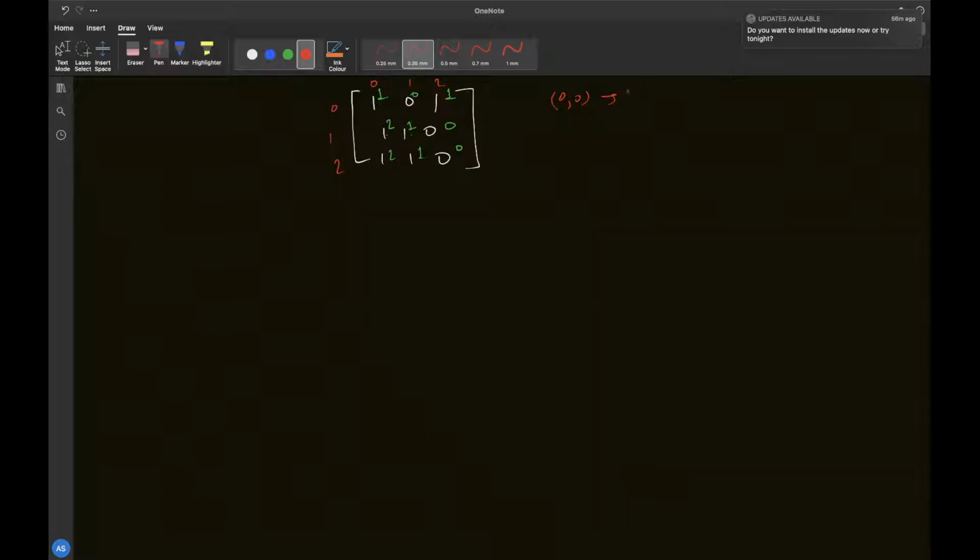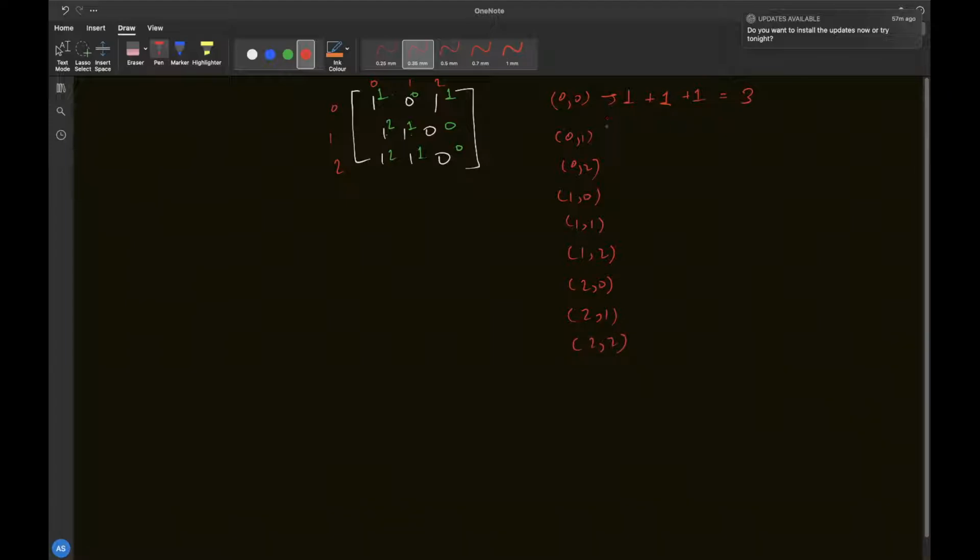Then we increase height, and from the third also it will be the minimum, the current running minimum, so this will be 1, so this will be 3, so we'll have 3 here. Now similarly we'll calculate for 0 comma 1, 0 comma 2, 1 comma 0, 1 comma 1, 1 comma 2, 2 comma 0, 2 comma 1, 2 comma 2, right?